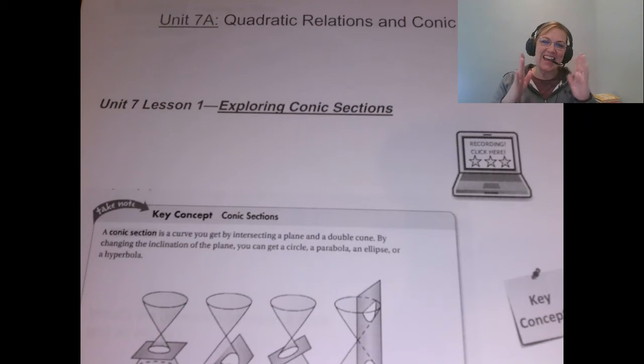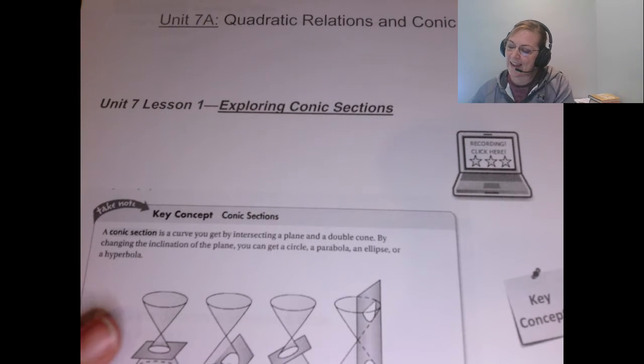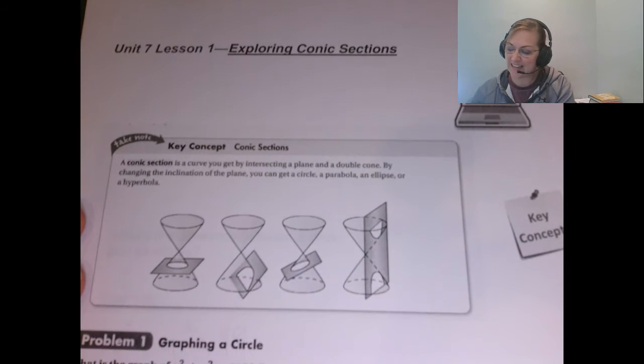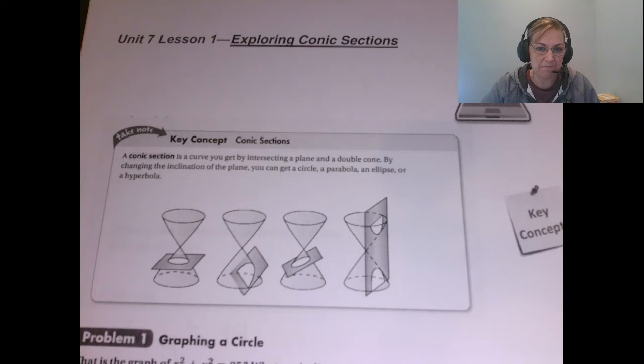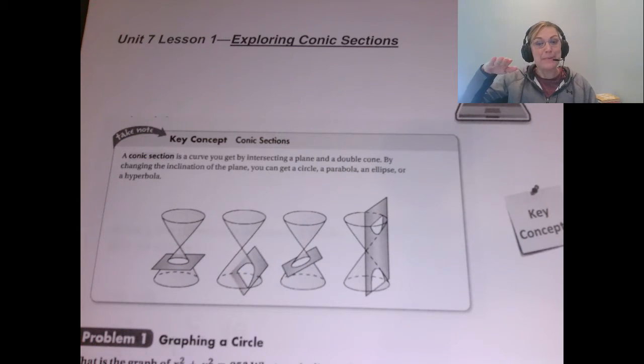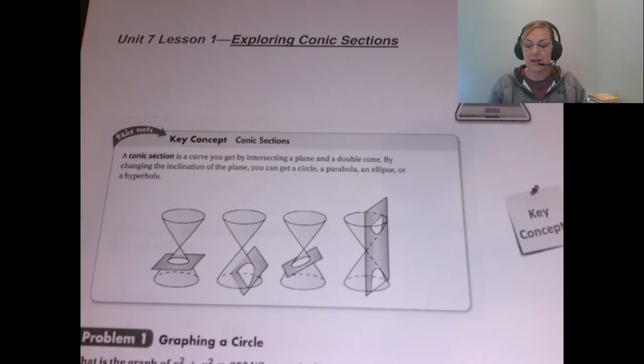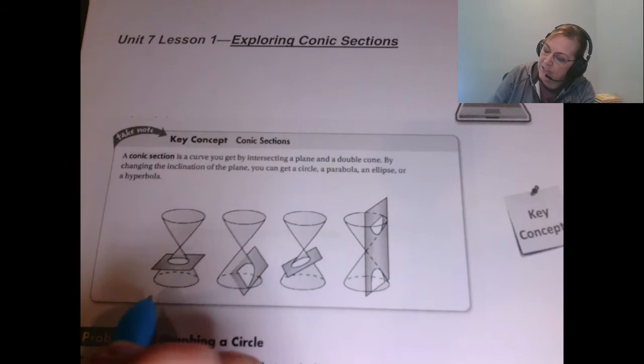So let's look at conic sections in general. A conic section, and there are 4 of them, is the way that a curve is intersected by a plane and a double cone. So depending on how you slice this plane through the double cone, you get one of the 4 conic sections. So the first one here being a circle,